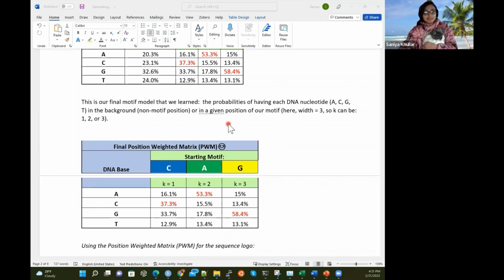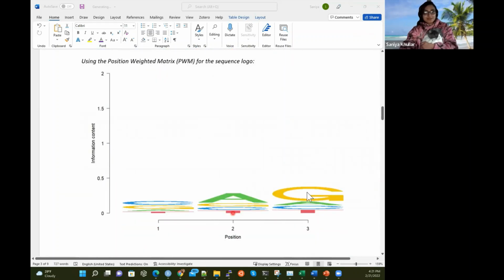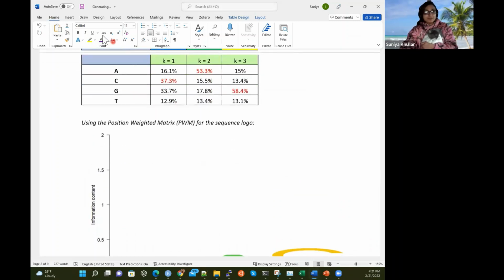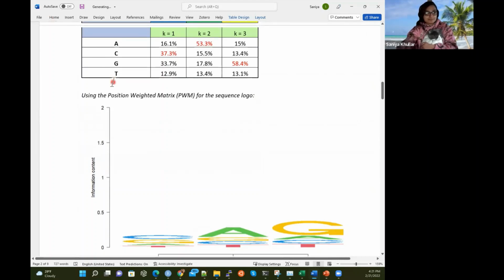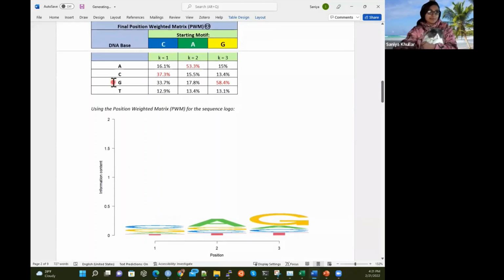How do we take this matrix and represent it as a sequence logo? Here's a spoiler alert. This is the sequence logo that I got using this position weighted matrix. But I want you to see how we got this. The y-axis is the information content in bits, and the x-axis is position. So k equals 1 maps here. Then k equals 2, the second position, maps here. And the third position